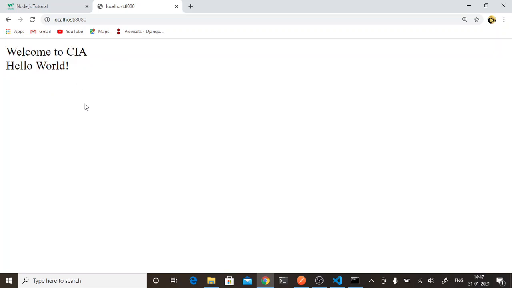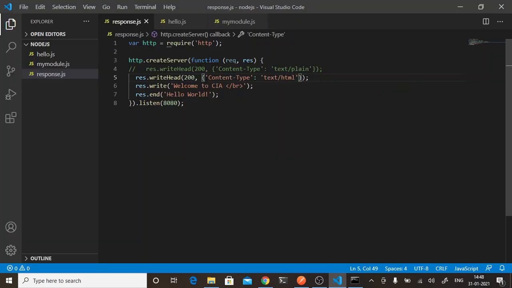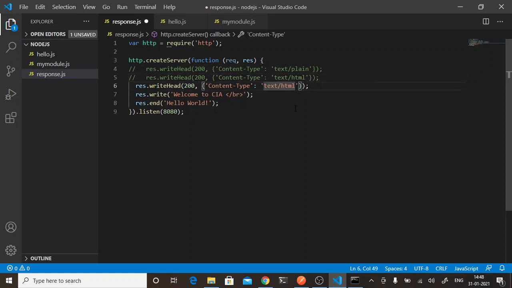In the same way, I can send a JSON response also. Okay, let's see how to do that. For JSON, instead of text slash HTML we will give application slash JSON. That's the only difference. And here I will give a JSON response.